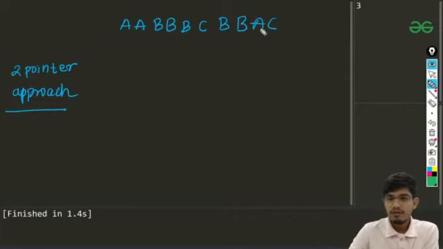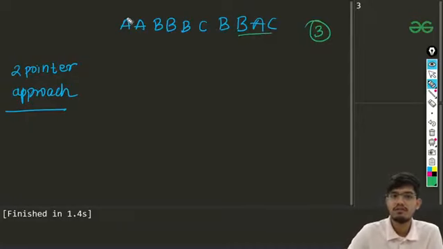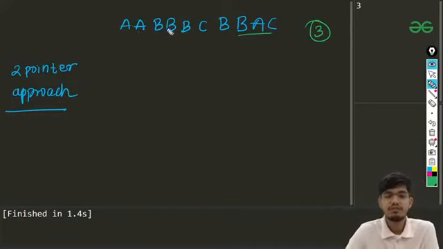Let me take an example in this case. First we'll do the same as before, which means we'll find the total number of distinct characters present in this whole thing. You can see we'll get the length as 3. We can find it using another set, or if you want you can use a visited array, which I already discussed at the start of this stream, to find the total number of distinct characters.